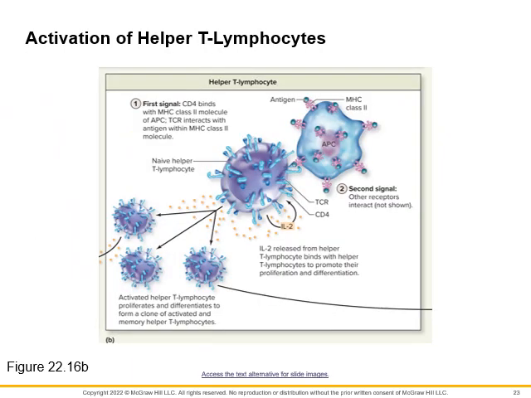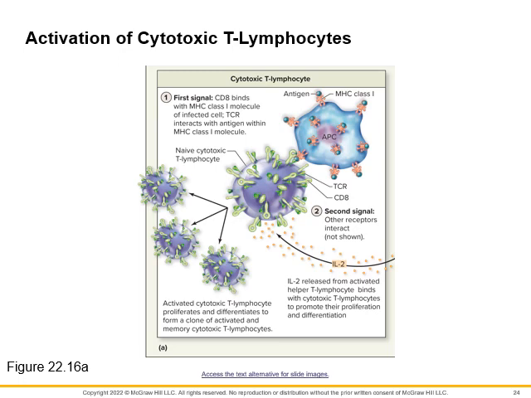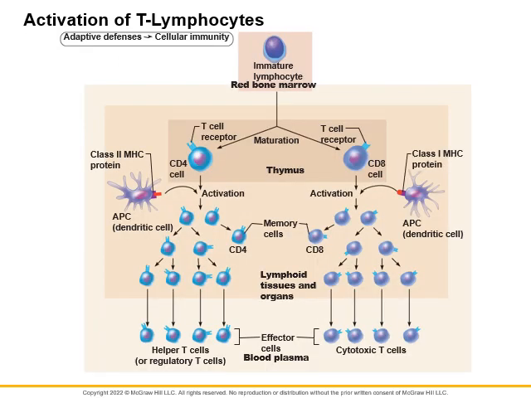They're showing you here the helper T cells, and there's a larger image that I like a little bit better. So I'm going to skip through these and come to this image. So this is from another textbook. I think it kind of shows the picture of everything happening at once rather than individual. So here we have,